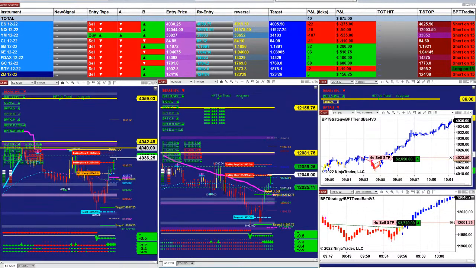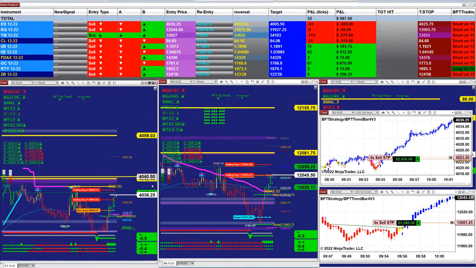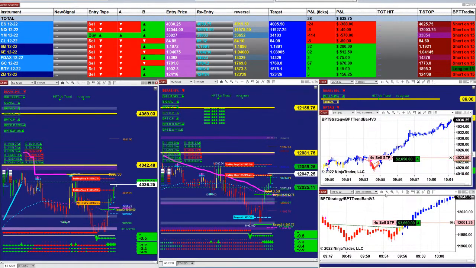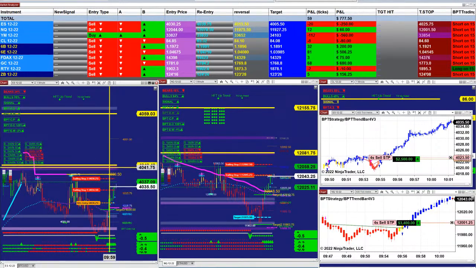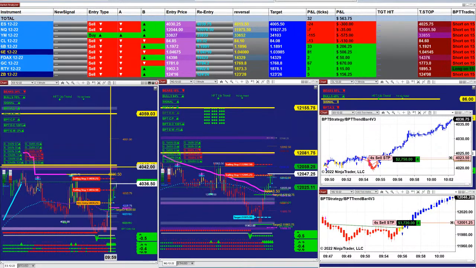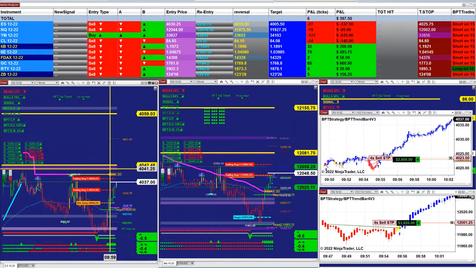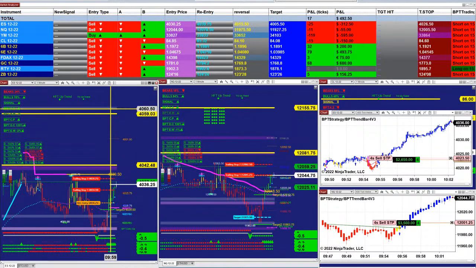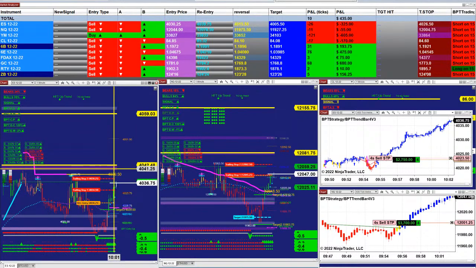The performance on those charts is only waiting on this number here, 40.41.25. If we break the 40.41.25, we are climbing today to the 40.60. This is really important. If this market is not able to break the 40.41,